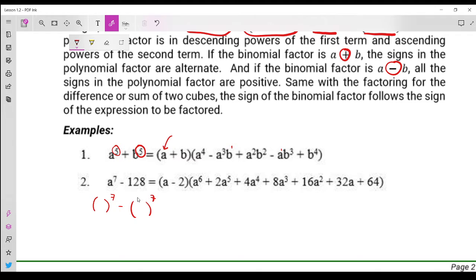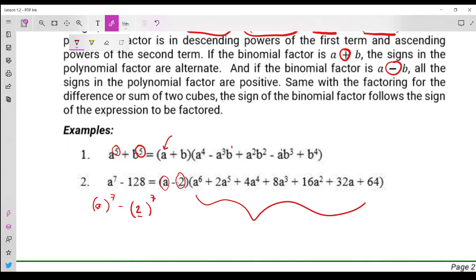Yes. So 128 is 2 raised to 7, and a raised to 7 is simply a raised to 7. So what will be our factors? It's just the base, since we have an odd exponent. So you have your a minus 2, and for the polynomial factor, again, the first term must be in descending order of exponent, meaning decreasing exponent, and then for the second factor, its exponent must be